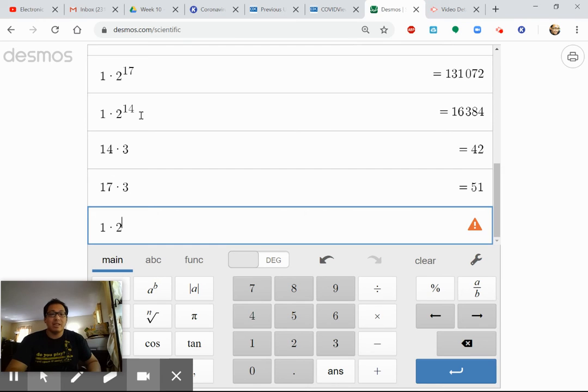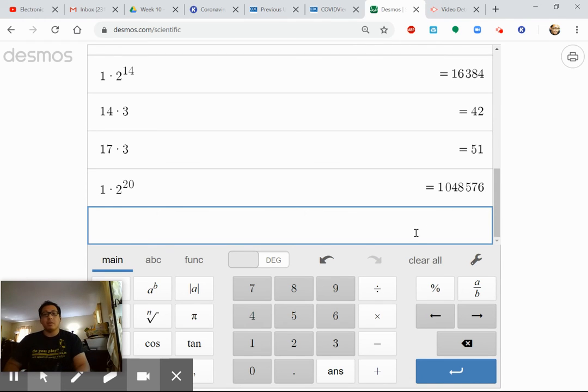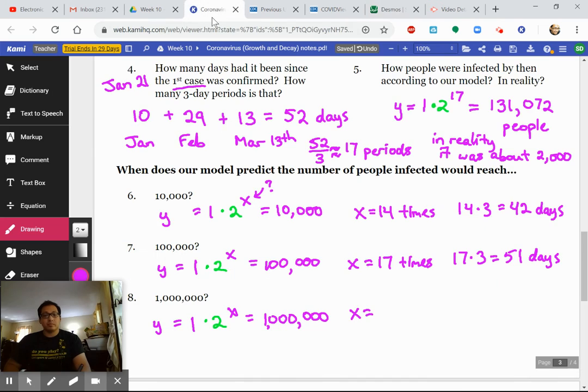At 14, we're at 16,000. At 17, we're at 131,000. What do you think to get to 1,000,000? You're probably going to overshoot it. I'm thinking it's only going to be like 20 times. Yeah, actually, it looks pretty close. 19, yeah, 500,000. Yeah, 20 times we reach 1,000,000. At x equals 20 times. It only needs to double 20 times